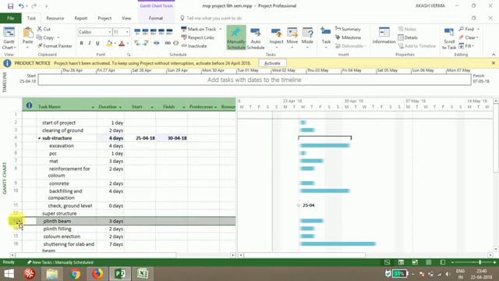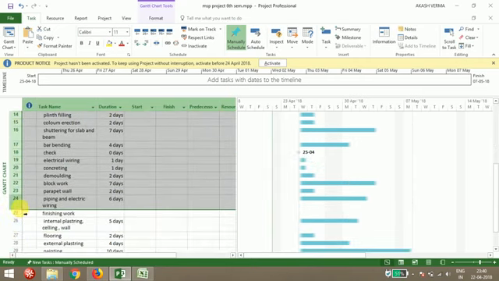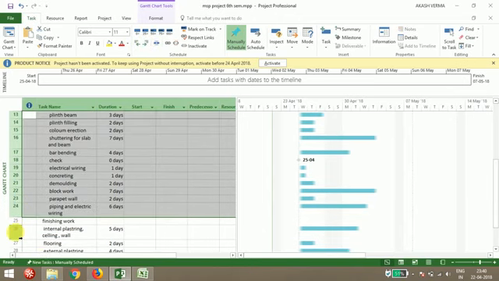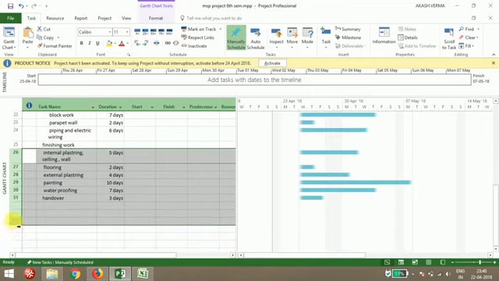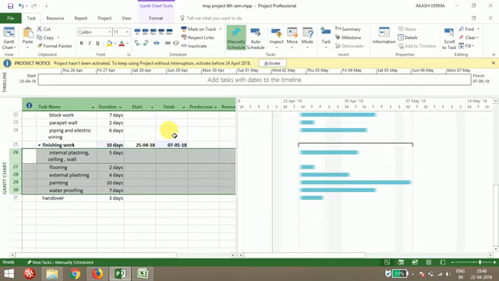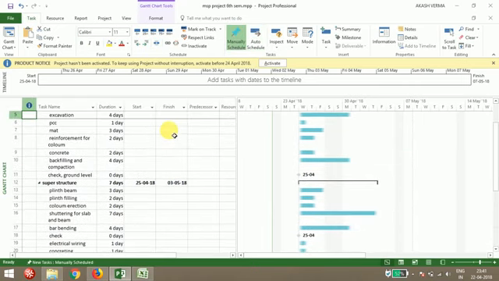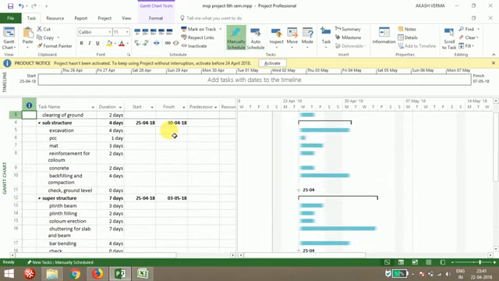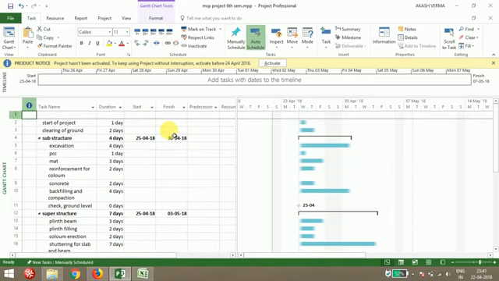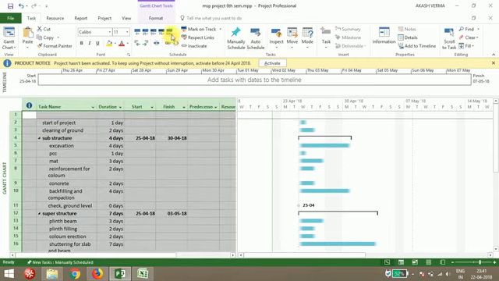Now I'm linking superstructure part. Till your piping, it will go under superstructure part. Then I've grouped all these activities under three events. Now what you have to do, you have to link all the activities whatever you have provided. So for linking all the activities, just select all the activities and go to the link. It is available in the task tab. So just link all the selected.